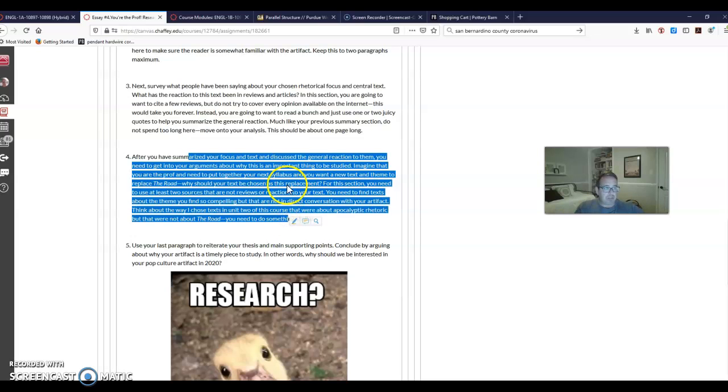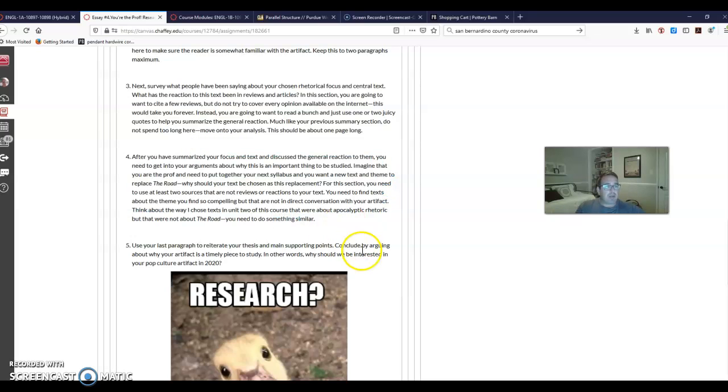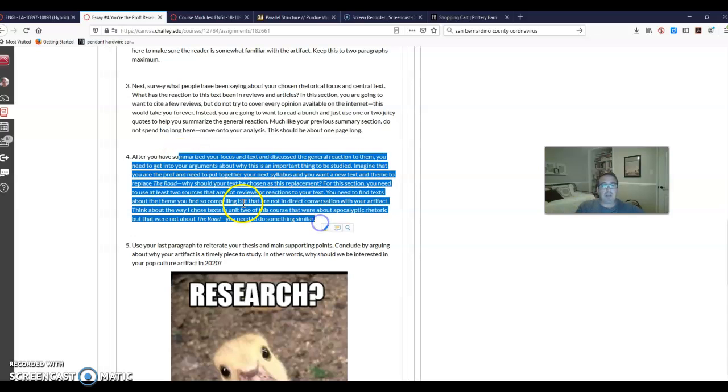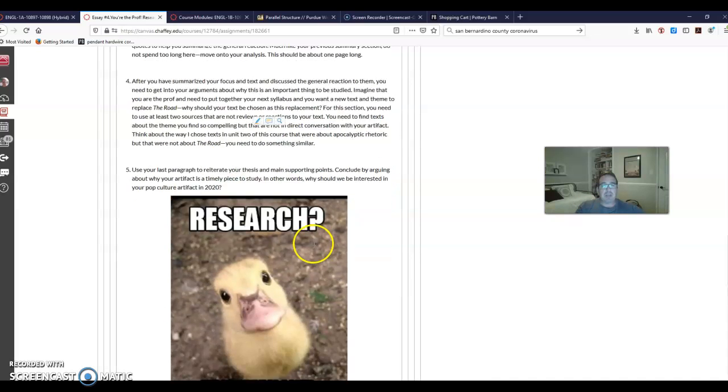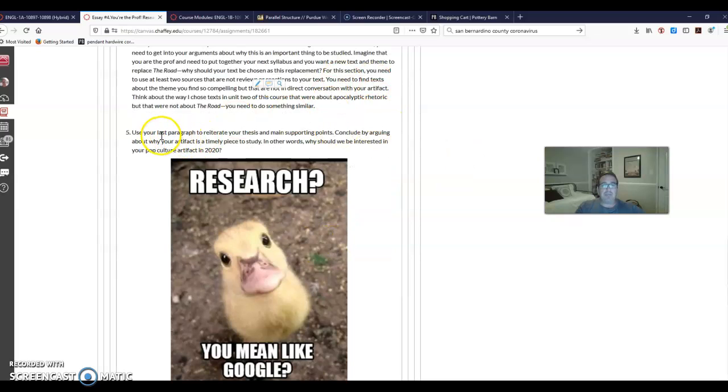And this is why it's a research paper, so this is what we're concentrating on, right? Using these sources that you find that are engaged with this kind of rhetoric that you've chosen and that you can use to help us analyze that central text. Okay, so this is kind of the heart of the paper. This is what you need to be thinking about as you move forward, and then wrap it up with your